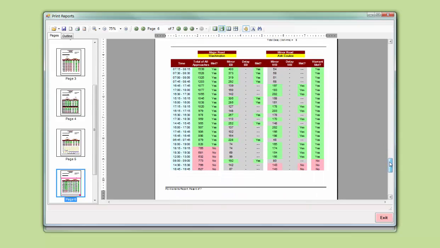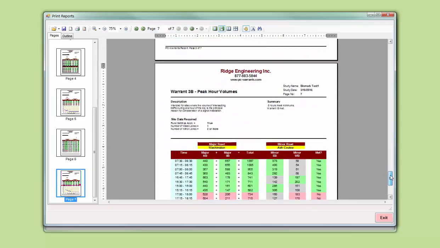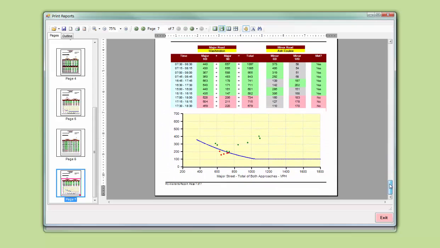3A doesn't have a graph, so it just has the tabular information. 3B has both. And that's all that's enabled on this particular study. And again, I don't want to make this tutorial 100 years old, so